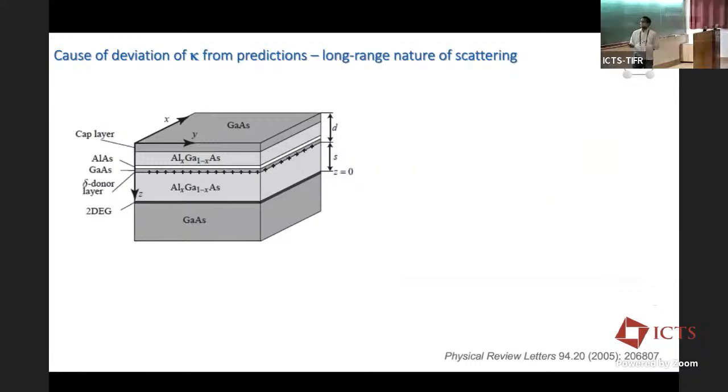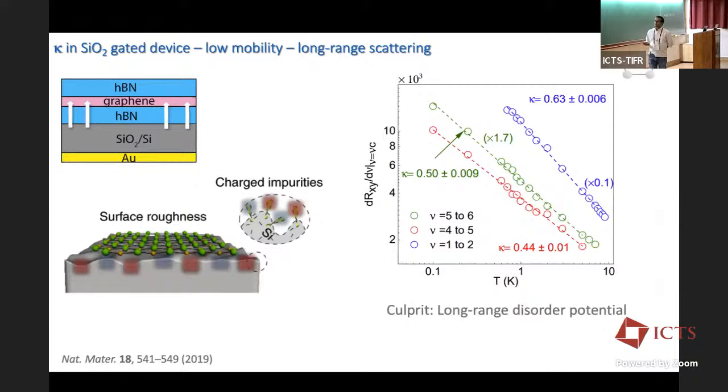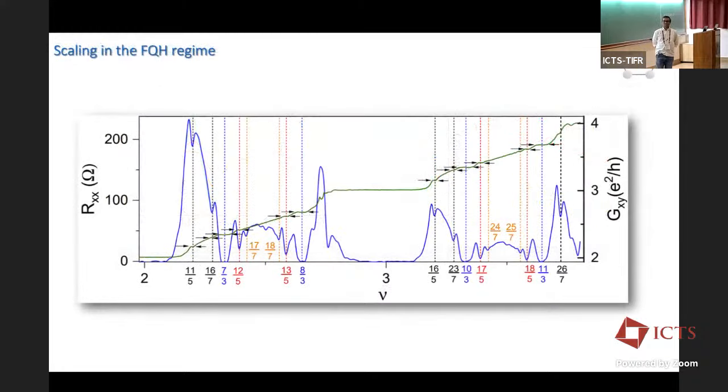Oh, we see all the filling factors. And now in the new samples, we have even more. We have 5/2, 7/2, 3/2, I think. So yes, this was a very good device. The only difference between your data and all the other scatter plots that you showed was the screening of the SiO2.